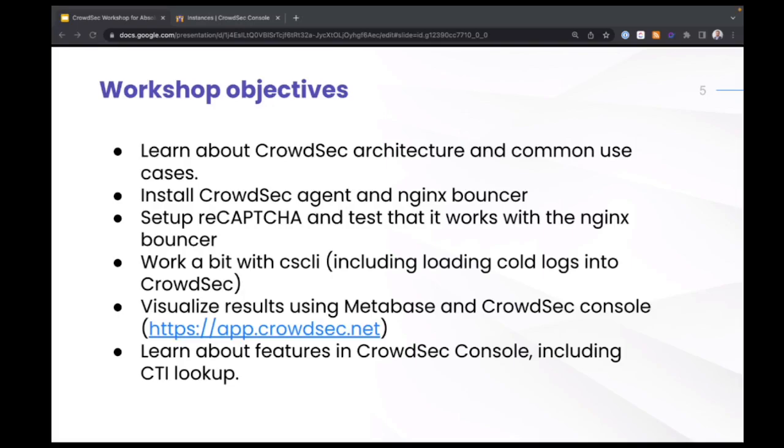The objective with this workshop is to learn about CrowdSec architecture and some common use cases. Then we'll install the CrowdSec agent and the nginx bouncer. We'll also set up reCAPTCHA with the nginx bouncer and test that it actually works. And we'll work a little bit with the CSCLI. The CSCLI is a command line tool where you interact with the CrowdSec agent on a daily basis. One of the things we'll be doing is loading old logs into CrowdSec, and you'll see how that works. Then we'll be talking a little bit about observability,